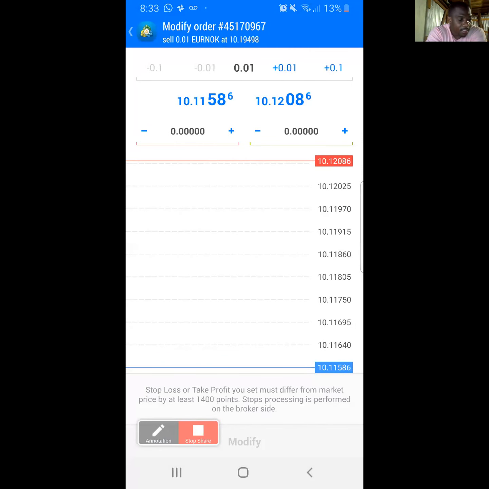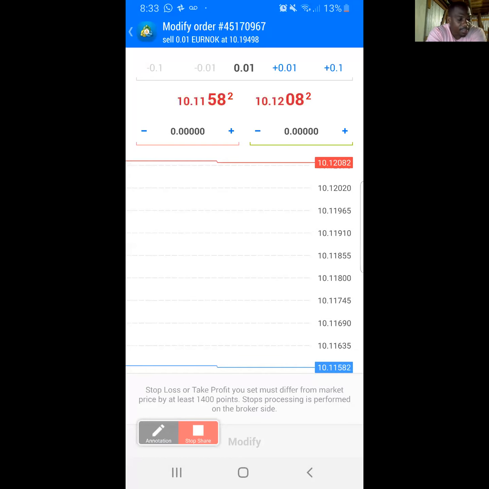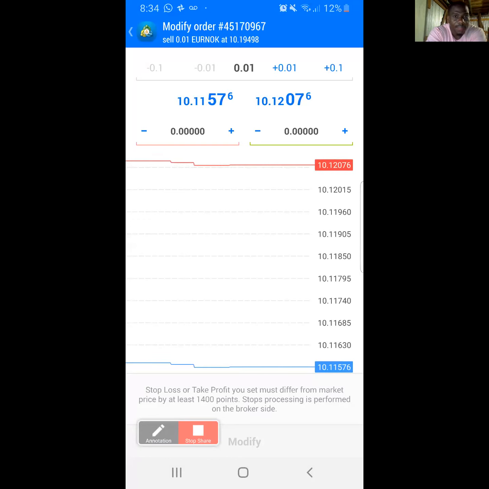At the top, you should see modify order, sell 0.01, and that is your entry price there. So if I'm in profits, I would be putting my stop loss below that